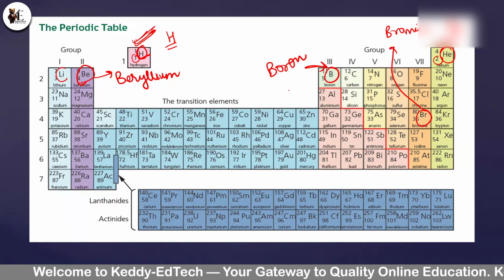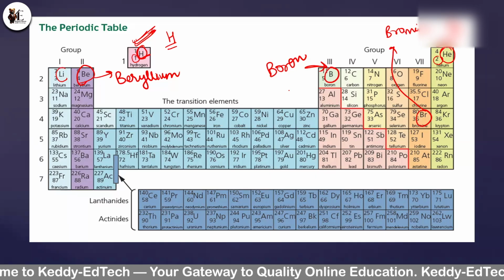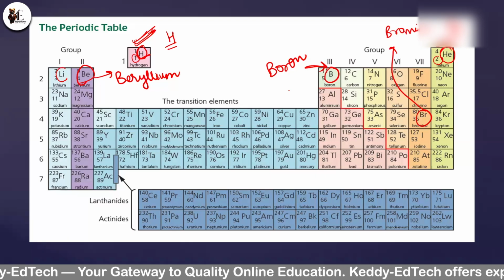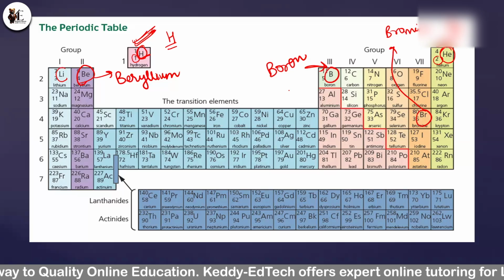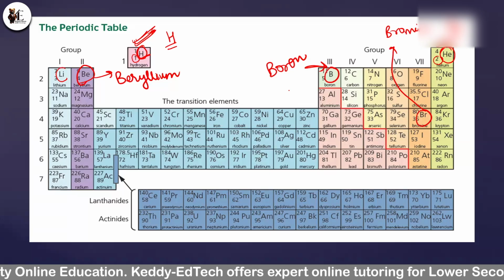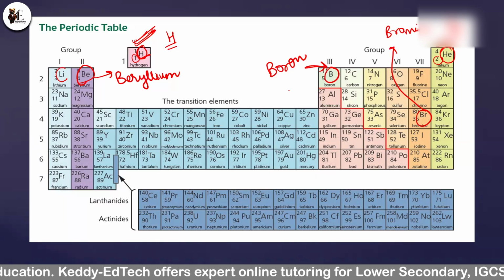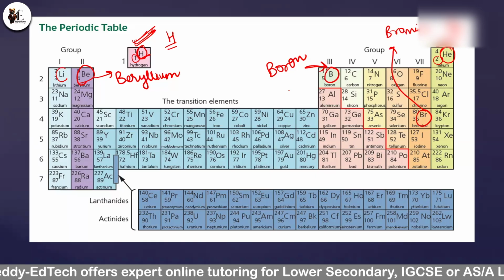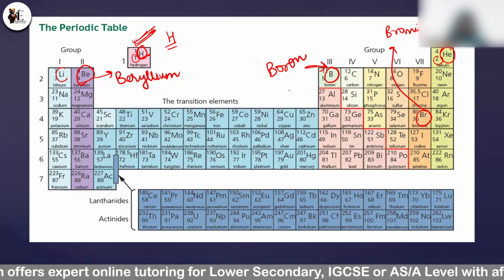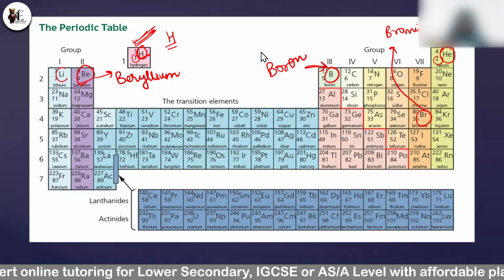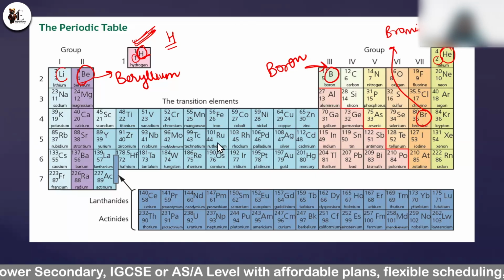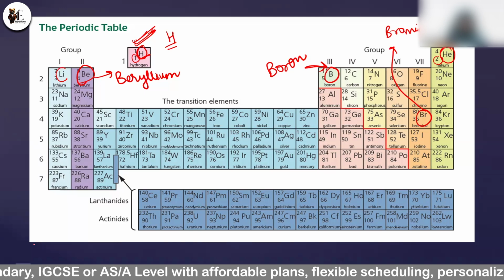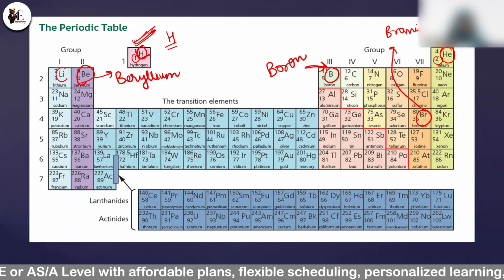Yeah, so you were asking me which part of chemistry is going to make me nervous. The periodic table is the scary part for me. Okay, no worries. I'll make it very, very easy for you. It is very easy. Just remove the fear of the periodic table from your mind and leave everything on me.